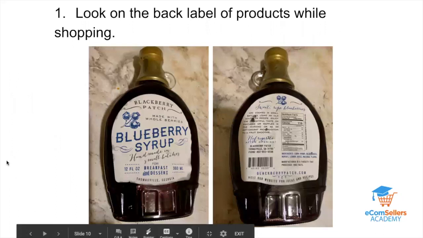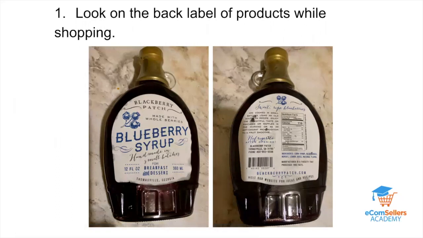So the first one is to look on the back label of your products. This is an example of an actual product that we do sell. This is blackberry syrup. The company is called Blackberry Patch. They're located in Thomasville, Georgia. And I found this product when I was shopping in Marshall's, looking at the syrups.